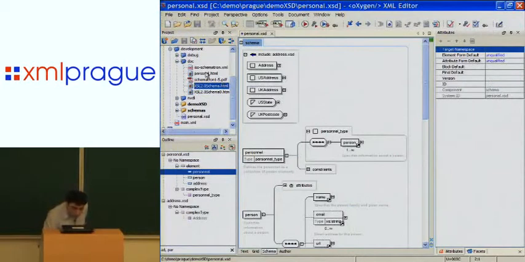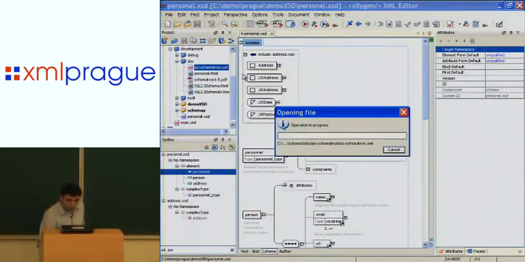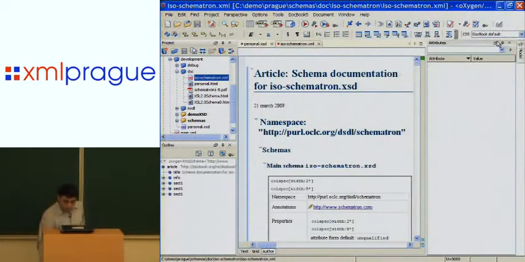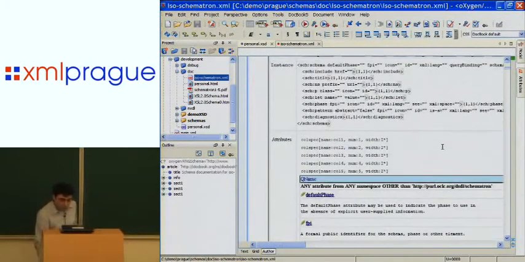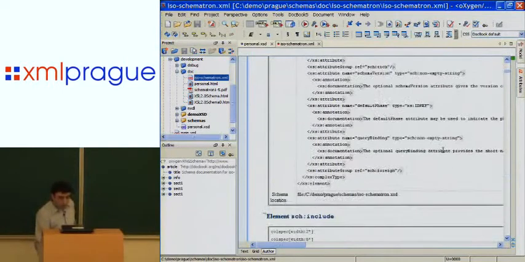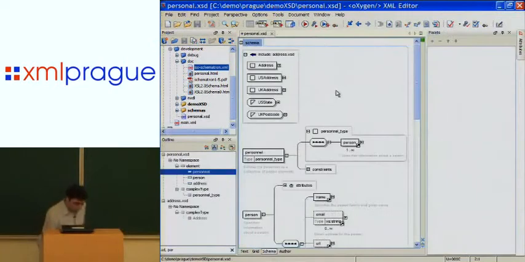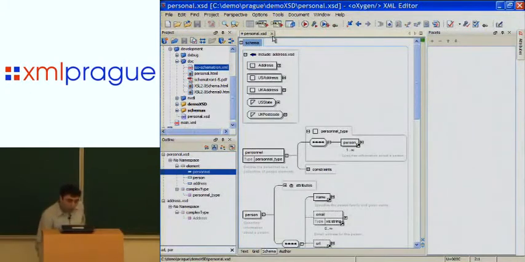And I also have the ISO Schematron documentation in DocBook, and I can open it in the author mode, if I want to see it in Oxygen. On the XSLT support,